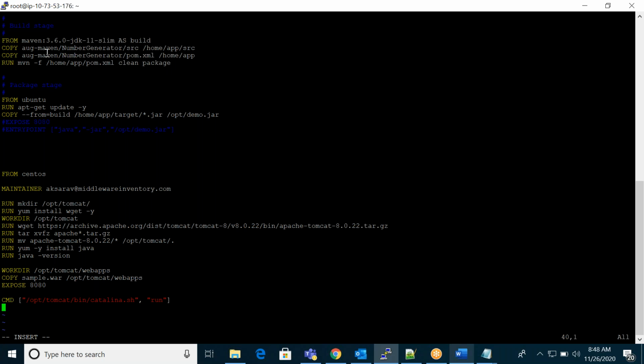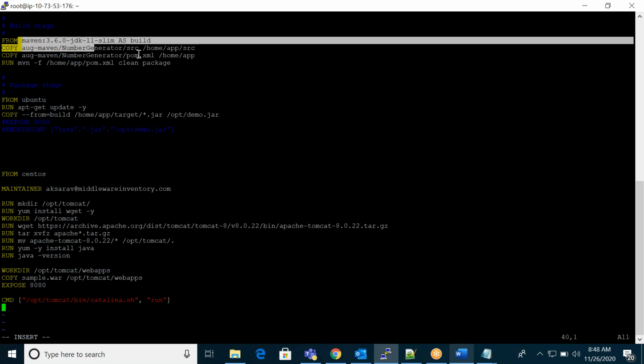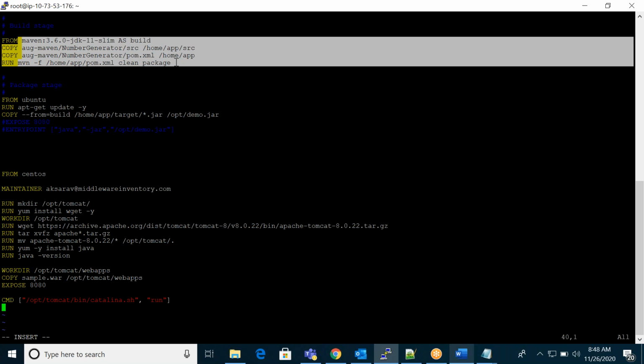So okay, here in this folder I have the source code. So this is like Maven related config file. So this is the Maven command to convert your source code into a jar file or WAR file. So if you're confusing about this command, what is the Maven command, that we'll discuss in the Jenkins. For Jenkins, then we will go. So here in this stage, I'm trying to convert my source code into jar file.